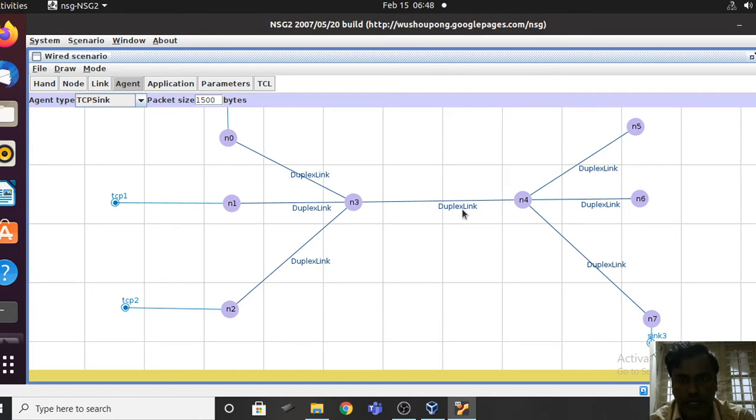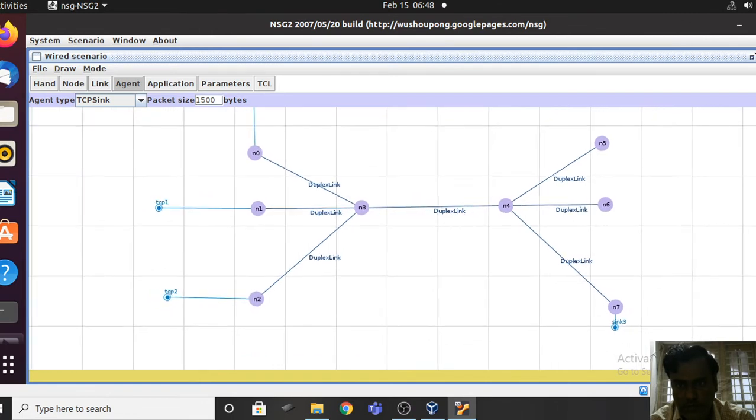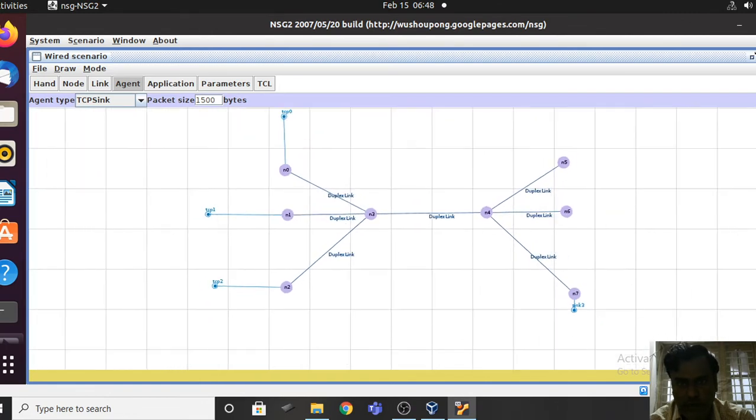So I wanted to transfer data from node N2 to node N5. Therefore, I am going to add one more agent to the node N5, and then I wanted to add one more agent for this node.